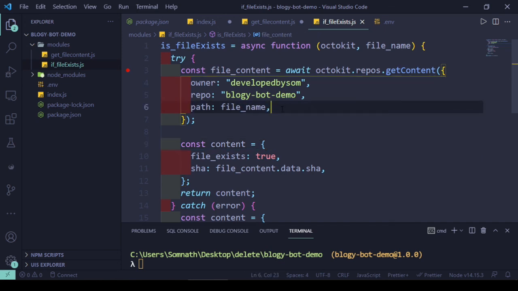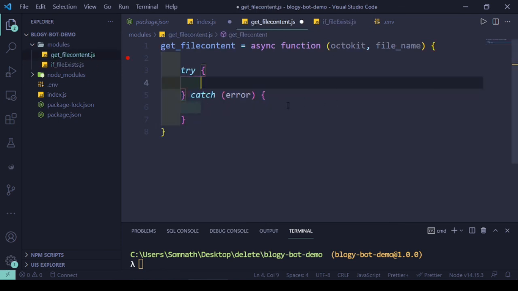If you give a raw format, then it will not return the SHA value. So that is the reason we are doing the same thing again, just to get the content this time specifically, and not the SHA value, because I have already collected the SHA value in the previous middleware.